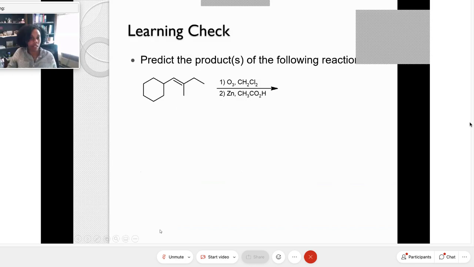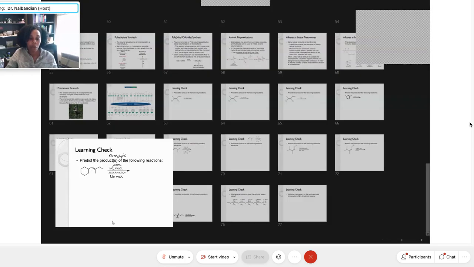Okay. Let's move on to our ozonolysis reactions. How do I know it's ozonolysis? Because there's ozone here, right? O3, that's ozone. So remember, we don't have to know the mechanism for this. They do give you the mechanism in the textbook, so if you're interested, you can look at that. But